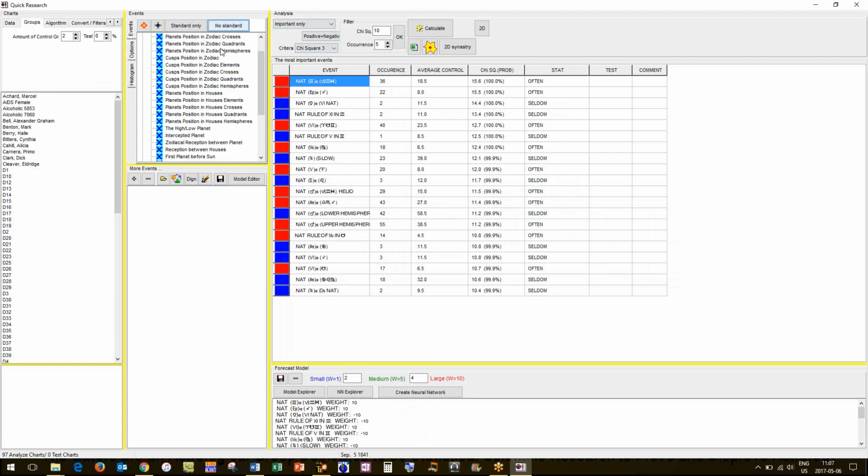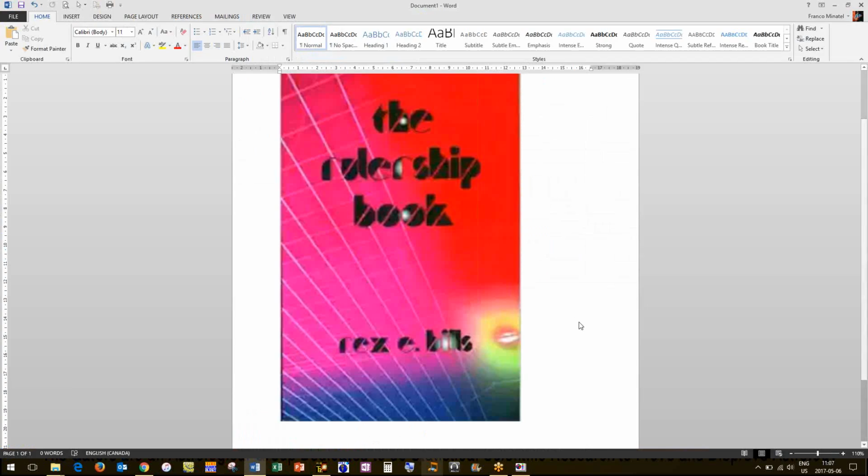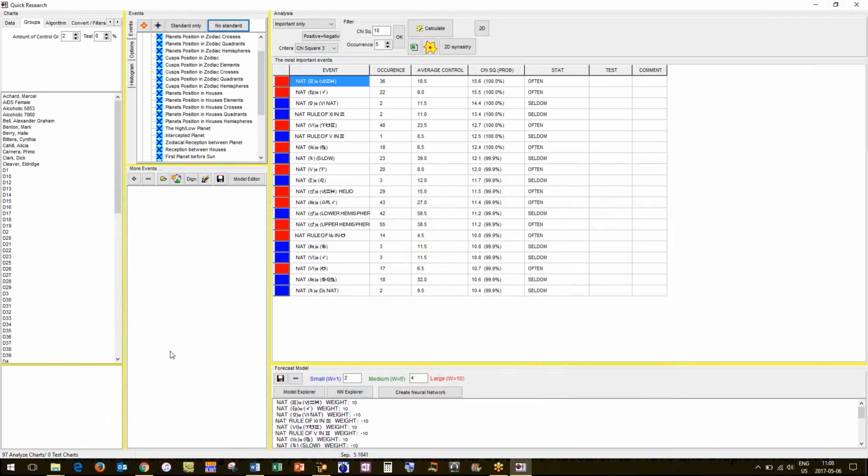So we're going to go non-standard here. Now, we've got diabetics loaded up here. A lot of people have this book, the rulership book. If you go to Rex Bills' book and look up diabetic, you will find that Jupiter and Venus come up as two of the main contributors to diabetes.